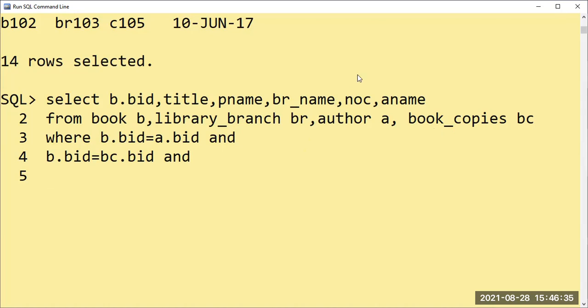So from the library branch table branch ID and from the book copies table branch ID, I will say br_ID equal to bc.br_ID. Okay, so this is done.